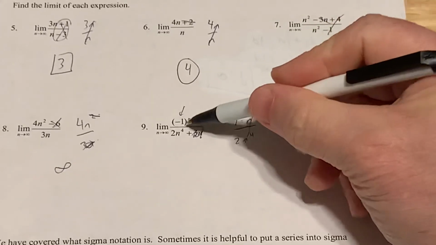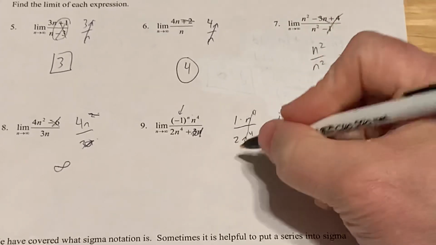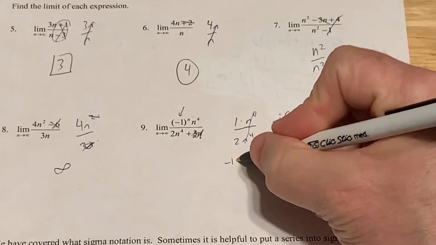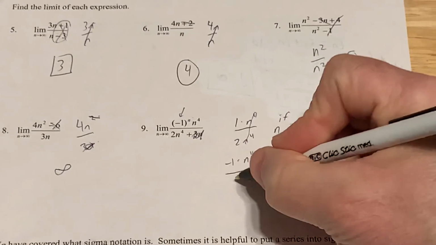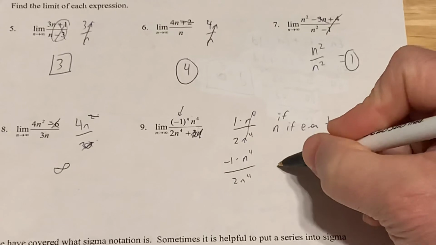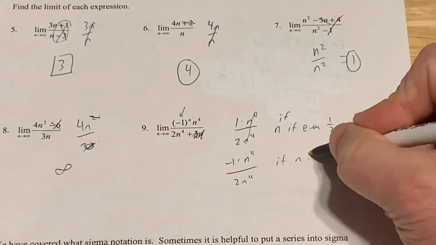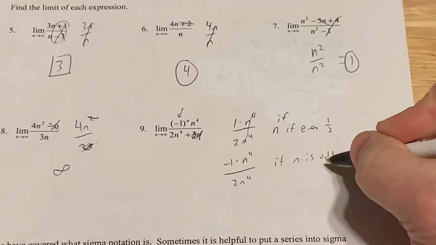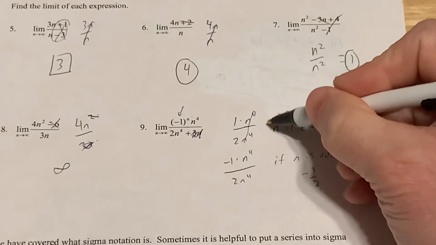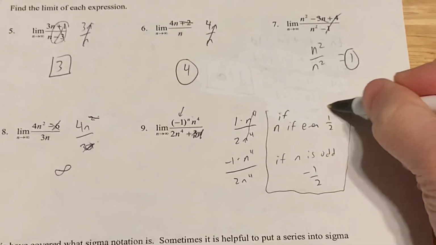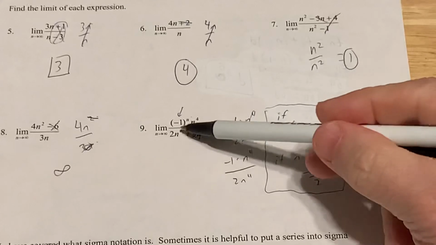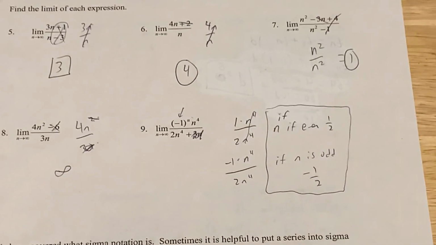But if n is odd, I get -1 to an odd power, which is a -1 times n to the 4th over 2n to the 4th. So if n is odd, it goes towards -1/2. So it's really converging to two different values depending on if the exponent is even or